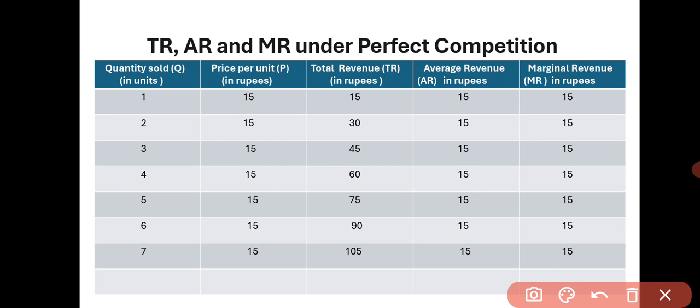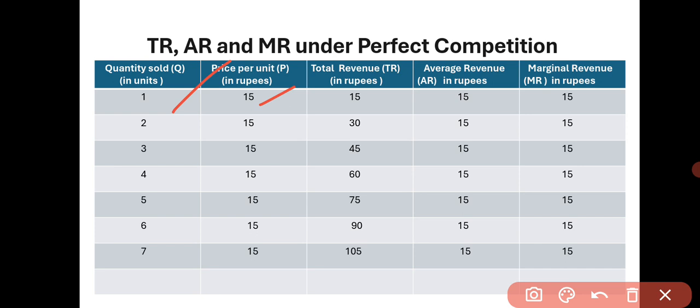The first unit of the commodity is sold at 15 rupees. The price is the same, 15 rupees here, and quantities have been increased. The amount sold has been increased from 1 unit to 2 units, 3 units, up to the 7th unit. You see, total revenue, we have told you that total revenue is price into quantity. Total revenue can be calculated by taking P into Q. What is the price and what is the quantity? Just by multiplying these two, we can get TR or total revenue.